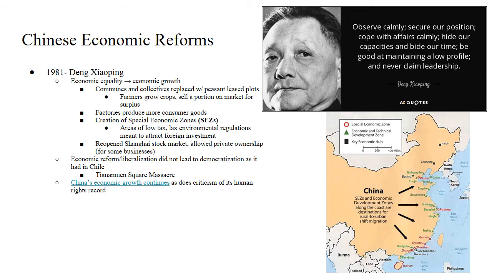Deng Xiaoping additionally reopened the Shanghai stock market and allowed private ownership for some businesses, not all. Some of China's largest businesses are still state-run enterprises. The big difference here is that these economic reforms in China did not lead to a more democratic society, right? Even though people were, in some cases,